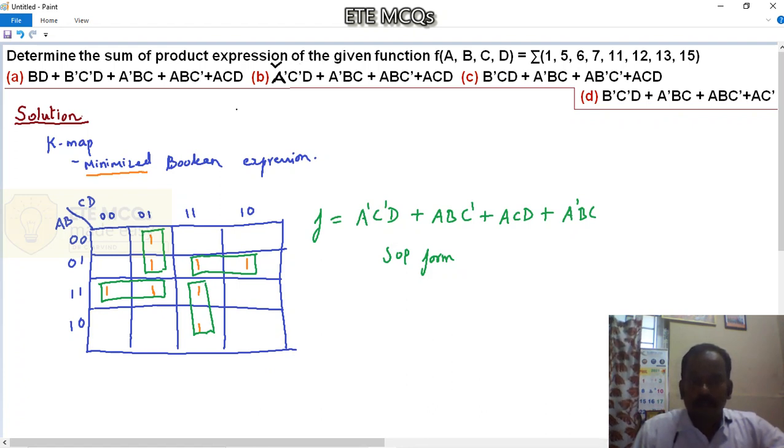This is how you are supposed to go ahead with all the problems on K-map. Just focus on which one has got a poor grouping or only one way of grouping. Perform grouping for that one and then go ahead, focus on the other ones that have to be grouped. Once you do that, you will finally end up with the minimized Boolean expression, the correct minimized Boolean expression. Okay, thank you.